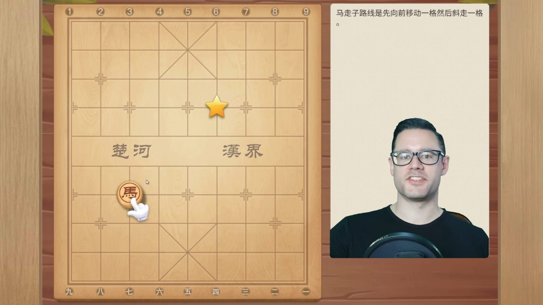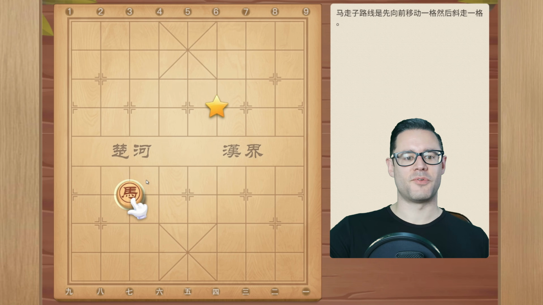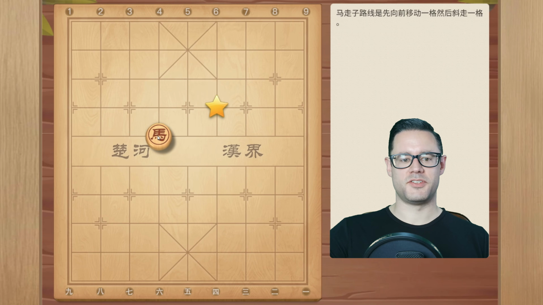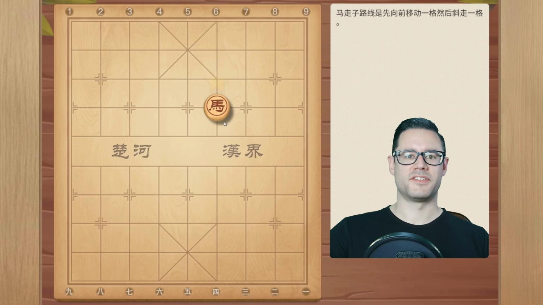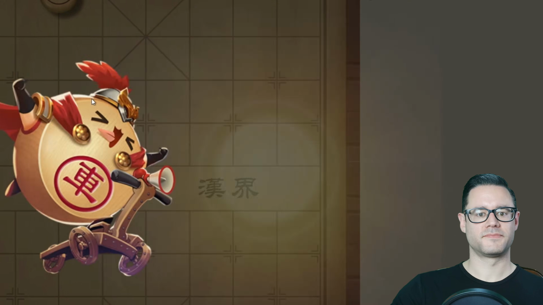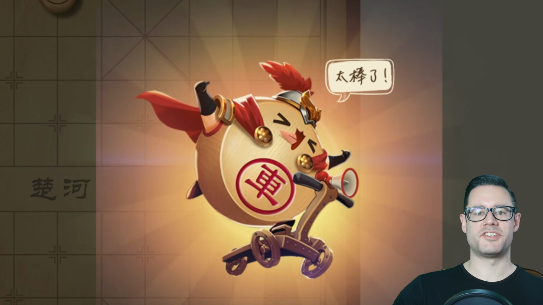Now in Xiangqi, just like in Western chess, if you want to traverse your horse across the larger distance on the board, you're going to have to calculate the exact path of motion for that horse. So in this case, we want to get to this star, which means we have 2 options if we want to reach this star in 2 moves. We couldn't do any of these because it'd be taking us the wrong direction, but we could pick either of these 2 options up here to reach the star. And same thing here. And that's how the horses move in Chinese chess.